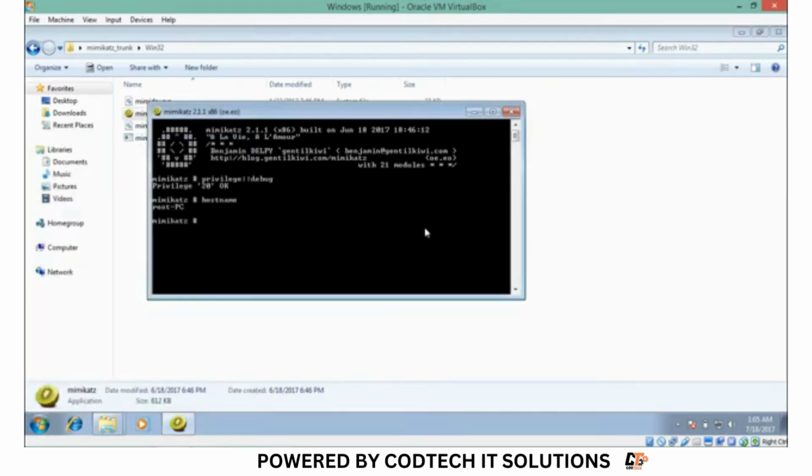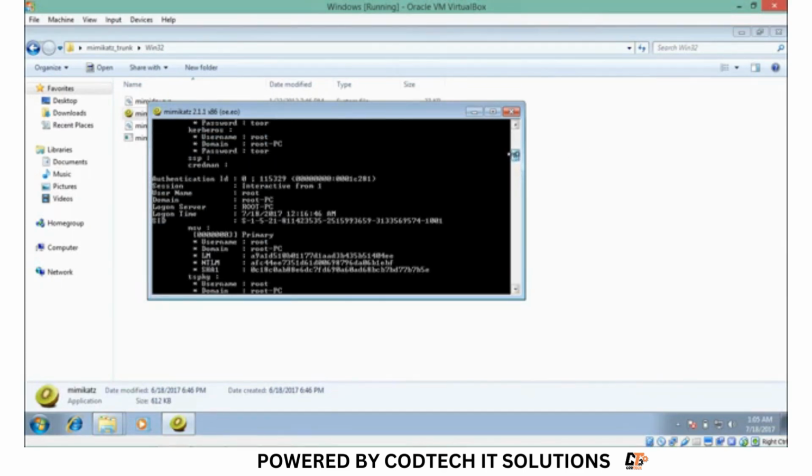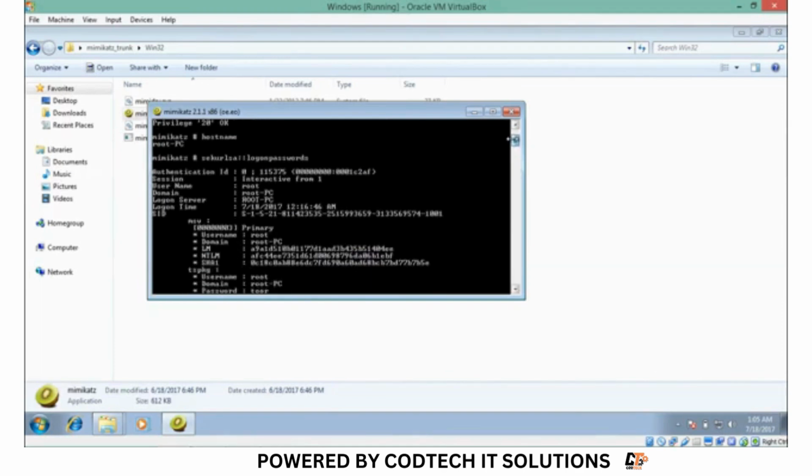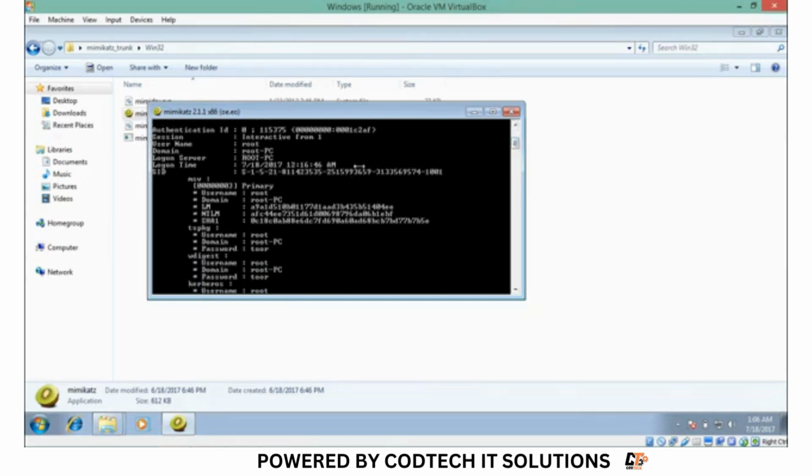Then in order to find a Windows password, just write down sekurlsa, 2 colons, then logonpasswords, hit enter, and here you will see a long output. So let's read this. Here you can see that the username is root and the domain name is root PC, and it will also give us the logon server along with the logon time. And if I scroll down, you will see that it also shows the SID,